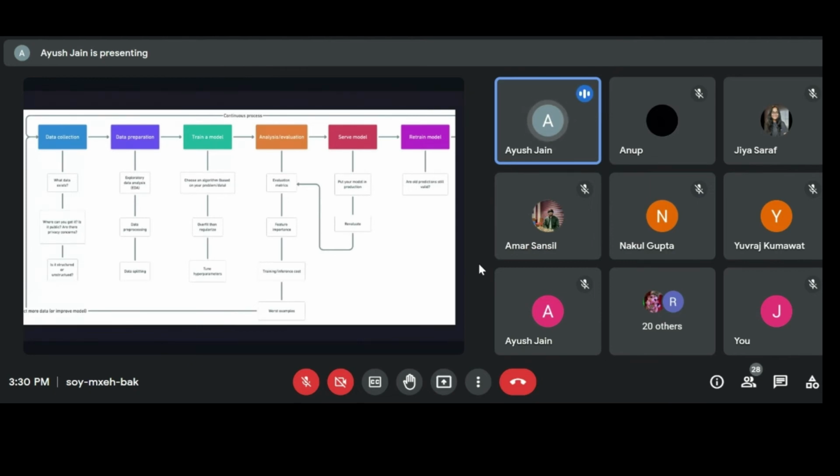After you have trained your model, you have to analyze it using a confusion matrix. You can calculate the F1 score, precision, and recall. These are all parameters you need to calculate to figure out the accuracy of the model. Now, after analysis of your model, you serve your model, put your model into production, that is cloud deployment.